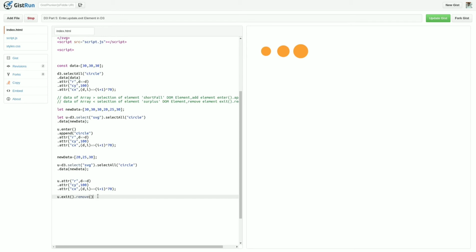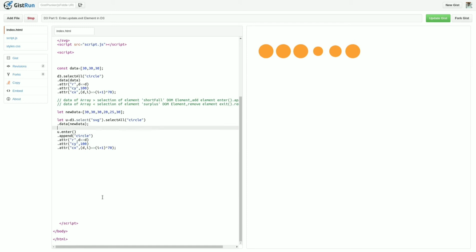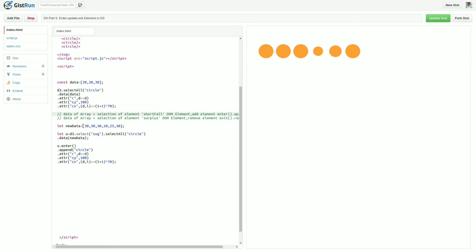Now what I want is to update the existing elements and the newly added elements separately. So we consider this situation here. Previously there were 3 elements available, and we have added 3 new elements. So I want to provide the style to the newly added elements only. Here I want to pass the fill as green color.